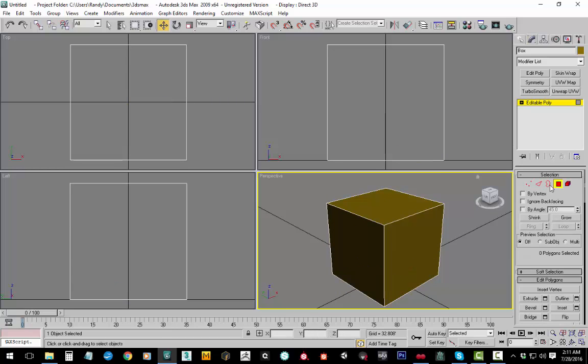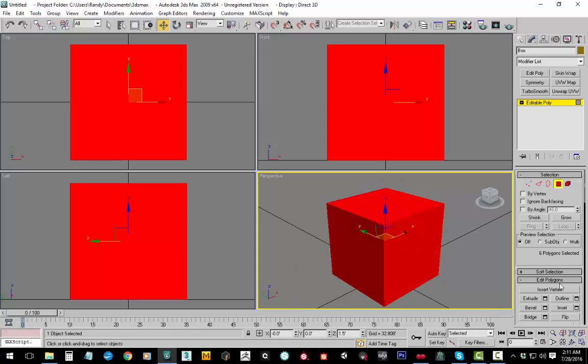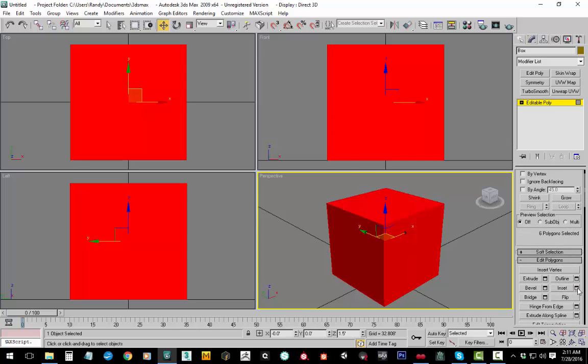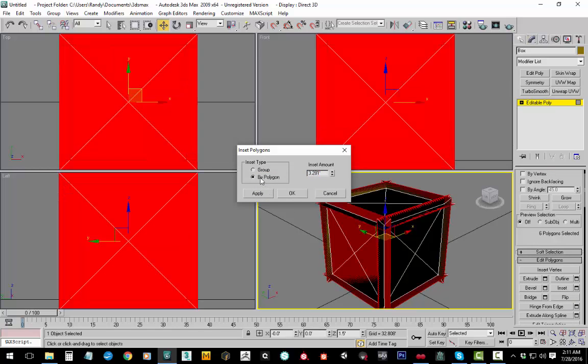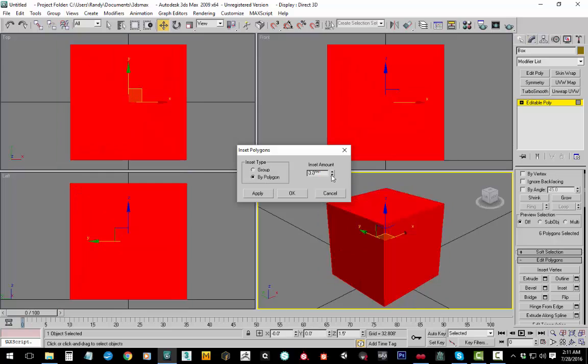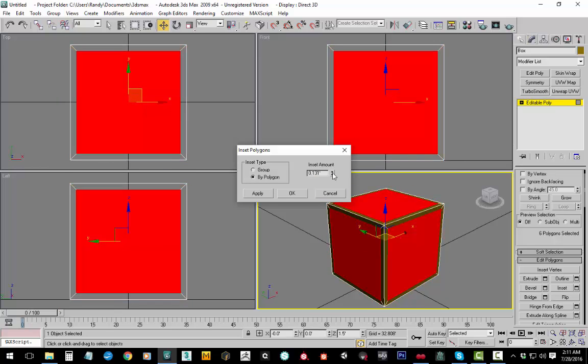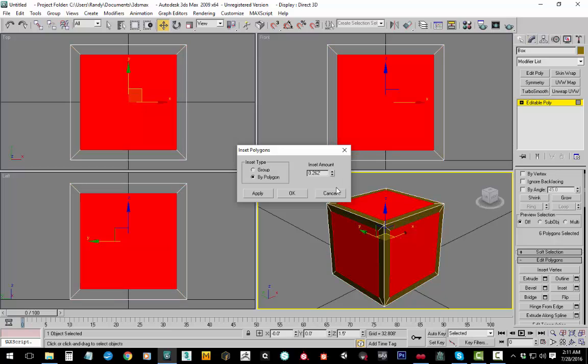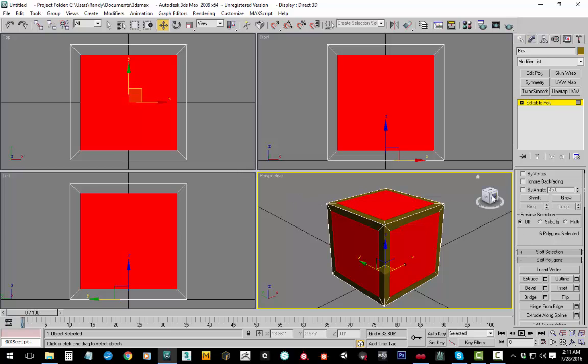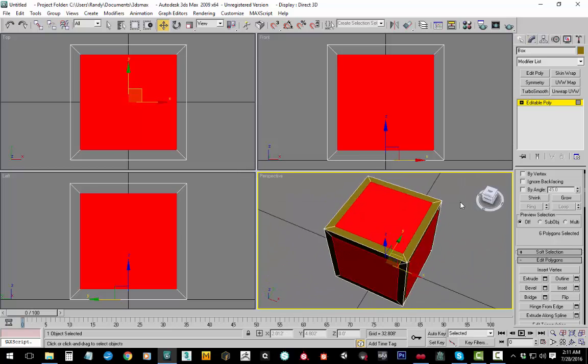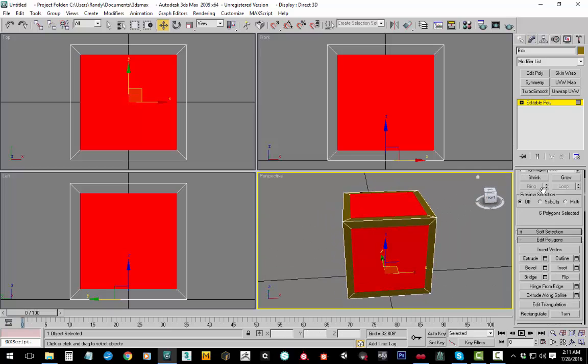Alright, and I think I'm going to go into the polygon subobject mode under the selection rollout. I'm going to choose everything and then click on inset by polygon, and we'll do that. Just inset each of the different faces a little bit. Okay, so now we have separate areas. Now what I'm going to do